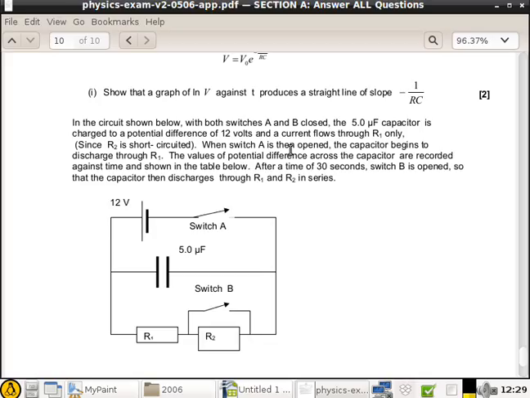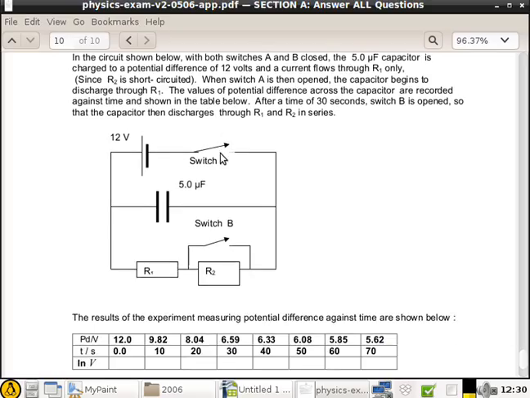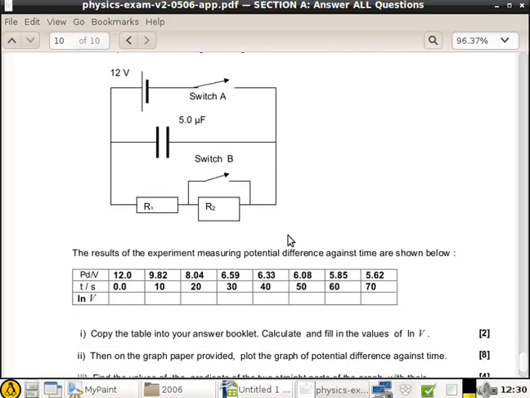When switch A is then opened, the capacitor begins to discharge through R1. The value of potential difference across the capacitor is recorded against time as shown in the table below. After 30 seconds, switch B is closed, so that the capacitor then discharges through R1 and R2 in series. After 30 seconds. So what they're saying here is,